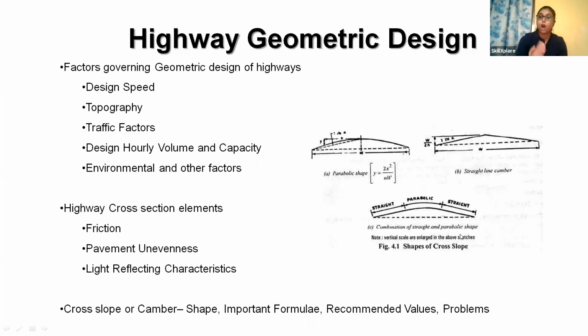And the formula is different for each of these things. Parabolic, you can see here 2x square divided by NW, where 1 in N is the slope and x is the distance, and 1 in x is the slope. And here you can see the formula. So first we'll introduce you to the shape of the pavement camber for different shapes of the cambers, an important formula here, and the recommended values for different types of pavements, and some practice problems will be introduced in our sessions. And next